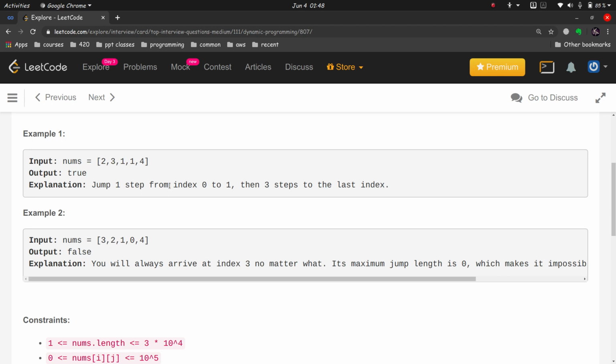But yeah, you'll have to figure it out. You'll have to understand the two terms, optimal substructure and overlapping subproblems. You can read about that online. So that's basically it.